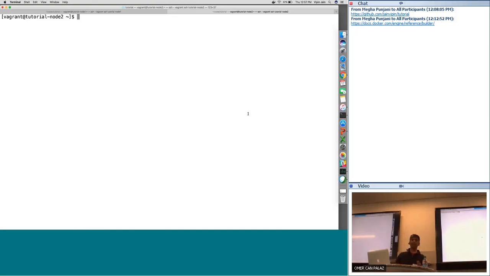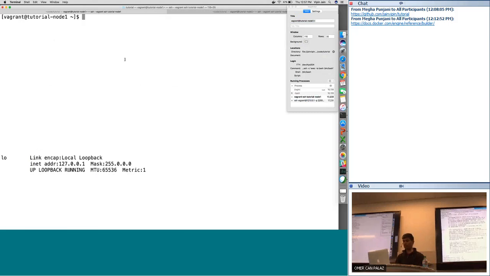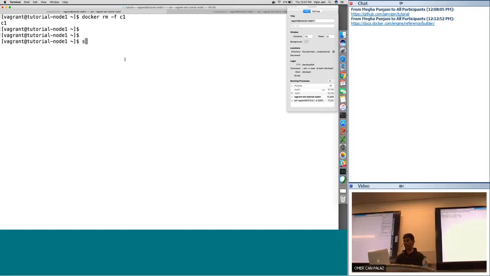Okay, I think the time is almost over, but there are 3 minutes left. So let's try and play with the same container stuff, but using volumes, to see how this is all good. We looked at basic networking. I'm going to remove container C1, and this time let's create a directory, export, and I will touch a file in export called.